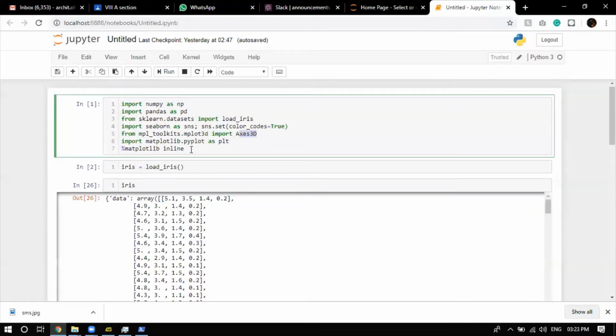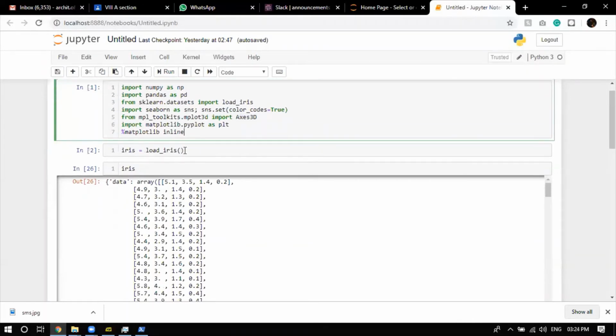Now, the dataset that we are using right now is the Iris dataset. It's a preloaded dataset in the sklearn library. If you go to the sklearn datasets, you'll find so many predefined datasets, like 20 newsgroups, Iris, and one or two more. So we're going to directly use load_iris.